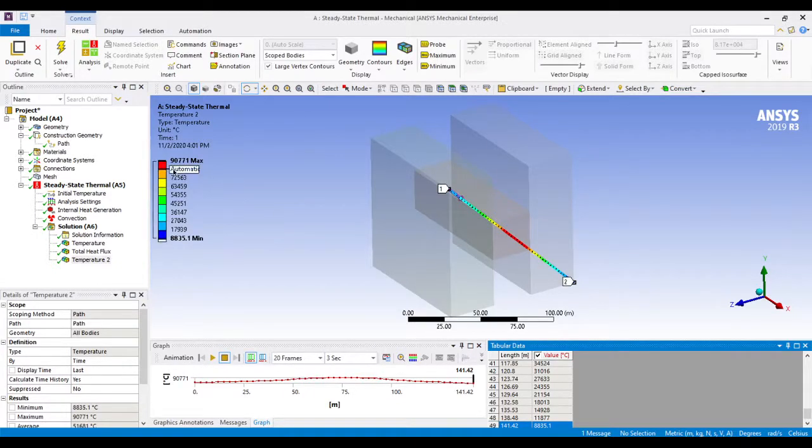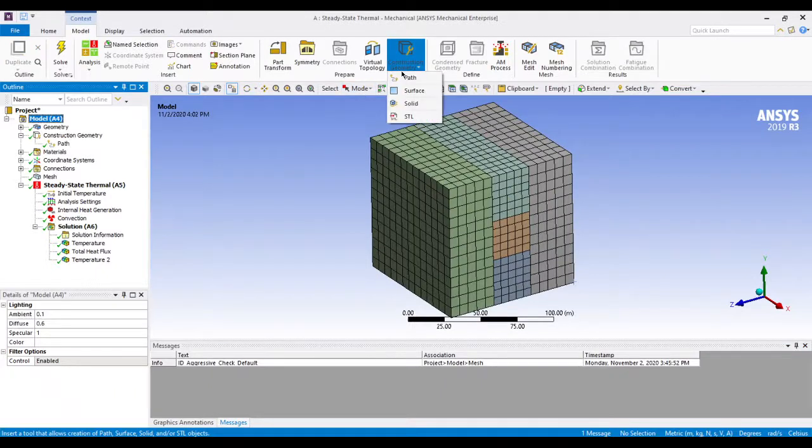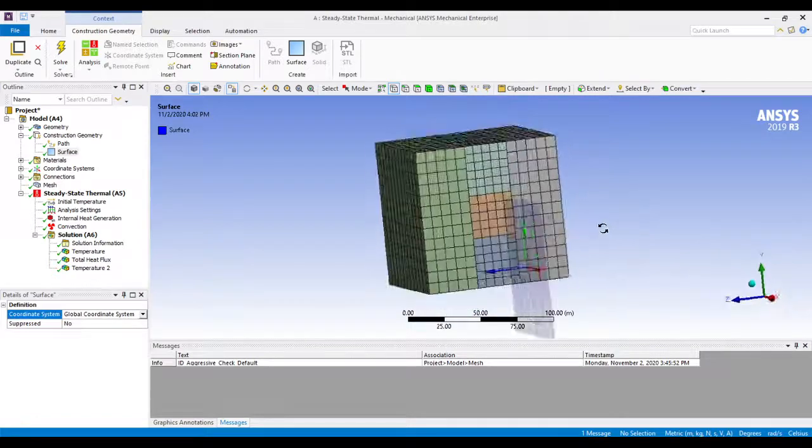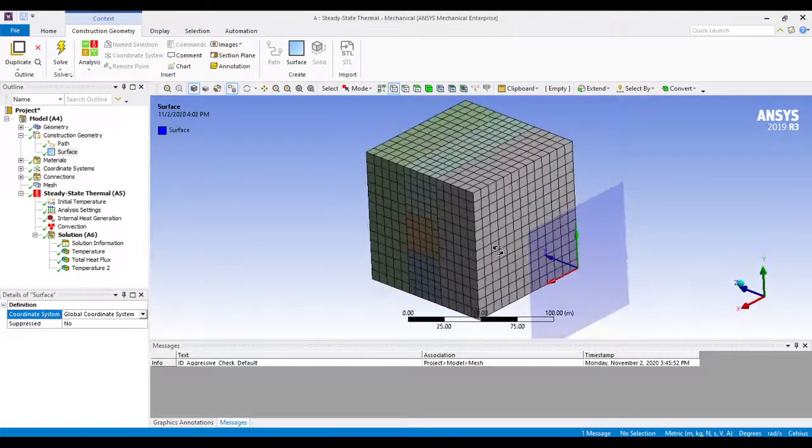Now we'll use the surface to identify the properties. Suppose again we select the model and create a construction geometry, that is a surface. The surface will by default pass through this origin. Suppose we select this surface, and you can see that the surface has been generated.